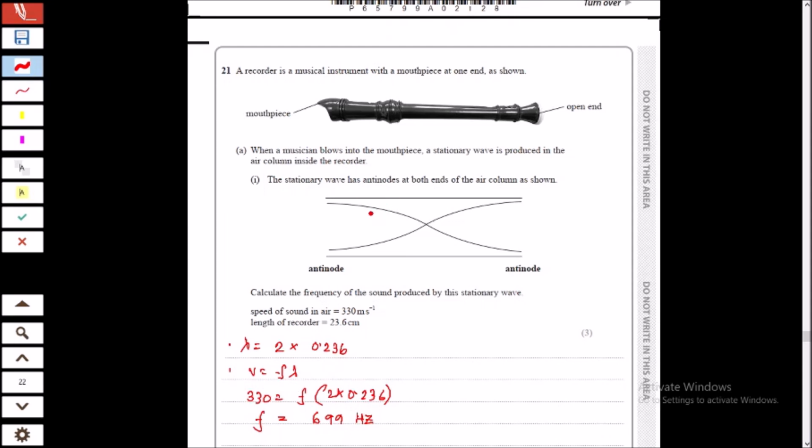Well, if you see, this is only one of the waves, right? This is not the entire wave. You can have another of such wave like this. Then it will give the total wave. This is the total wave. So this is only half the wavelength. And this length is given by 23.6 centimeter. So if you multiply that by 2, then you get the total wavelength of your wave. And since this is in centimeter, convert this to meters. Then you get the frequency.